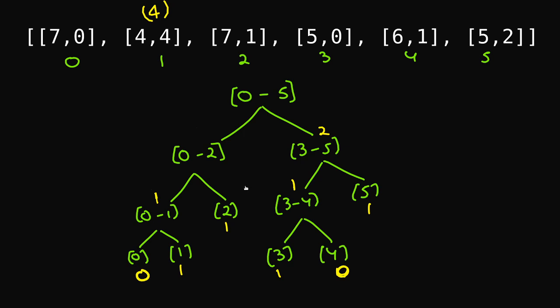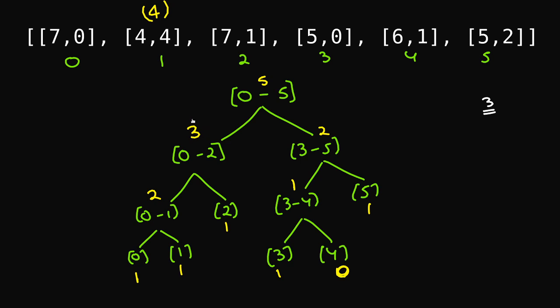So what will happen is I'll still make it like that. And instead of processing 5 comma 0 first, I'll be processing this 5 comma 2. Okay, so the moment I process this 5 comma 2, that means that I'm trying to find the position of the third one in this segment tree. And you can see that this is the position of the third one in the segment tree. So how would I reach there? Of course, I have to start from the root node, and I am looking for the third one in this segment tree.